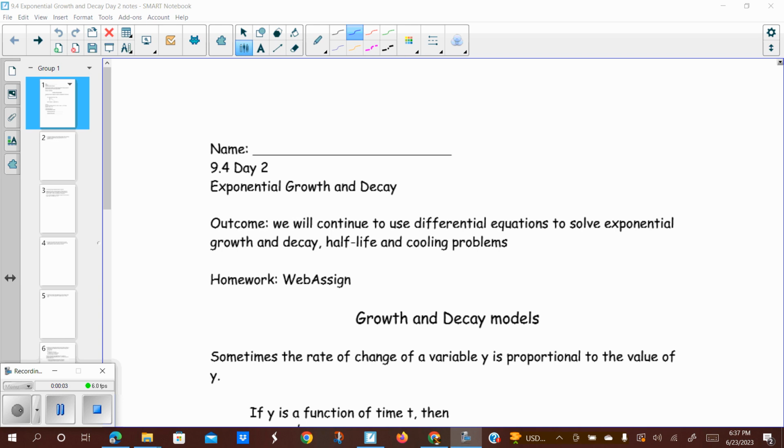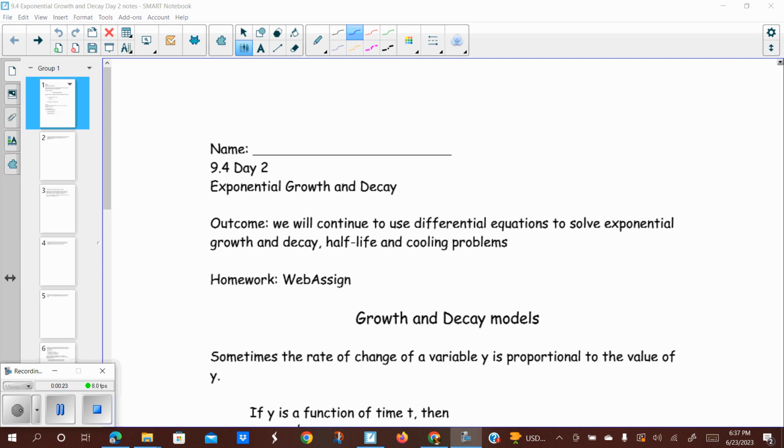All right, so this is section 9.4, day 2 of our exponential growth and decay. Hope to get all this done in one video, but we'll see. Maybe it'll take two. The last problem is a little bit different, so we'll see if we have to do two videos here. Okay, so as we learned from day 1, we can take some kind of a differential